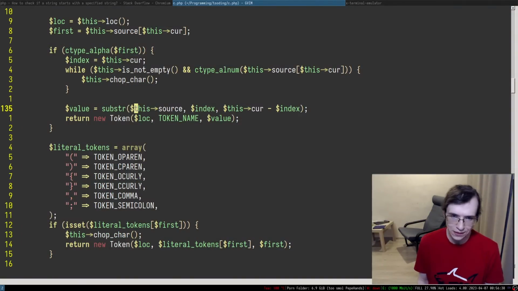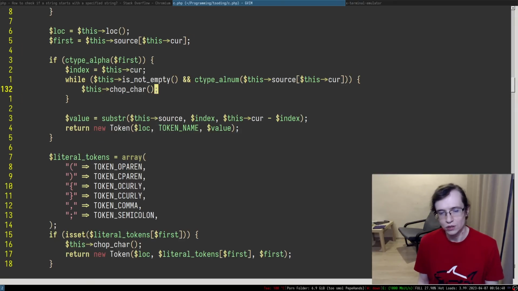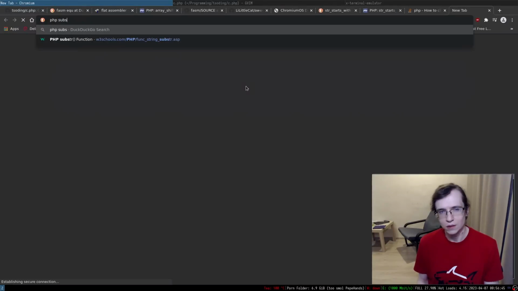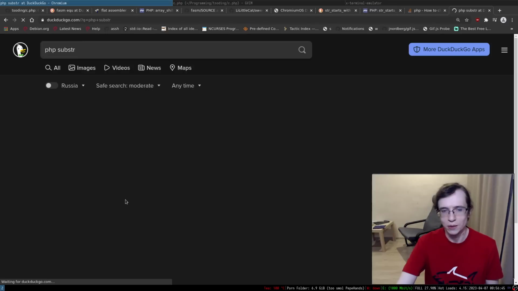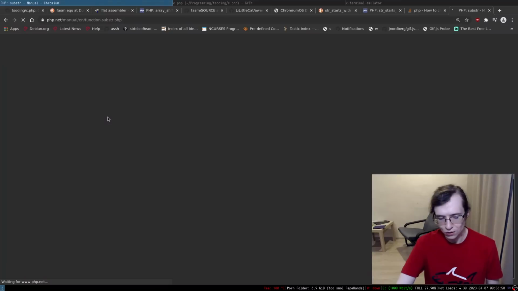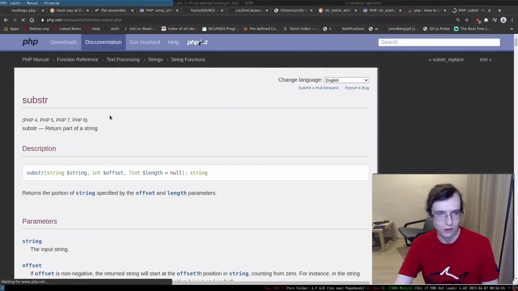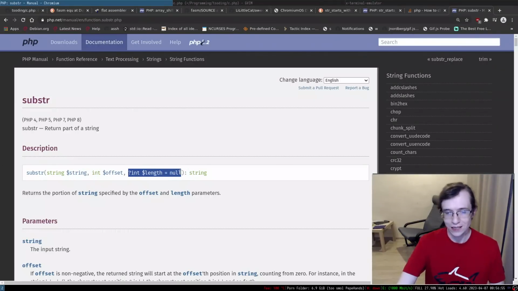Substr takes the string, where we start, and how much you want to slice out of it. I wonder if substr accepts length as an optional parameter, so we don't have to provide the length, because I want to take the slice from a particular index up until the end. Okay, it actually takes it as an optional parameter.